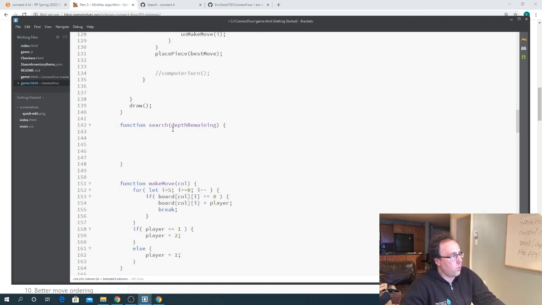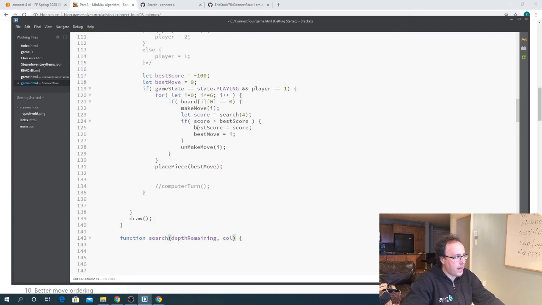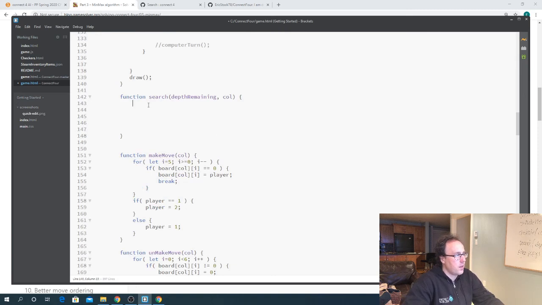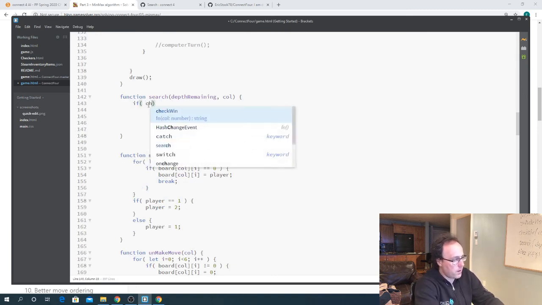Okay, so with my search function, I need to use the depth remaining, and I also need the column that I last placed the piece at. So in my search function, I'm going to pass in 4, and I'm going to pass in I, which represents the column. So now I can say if check win column equals